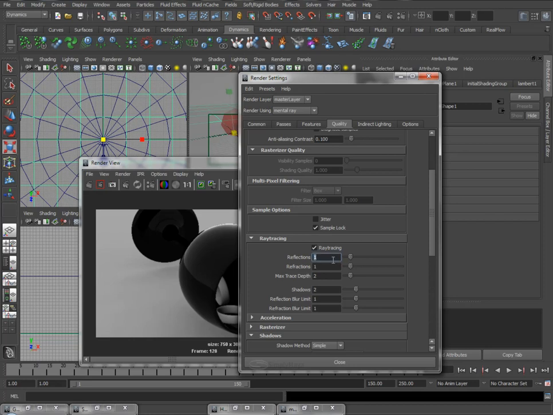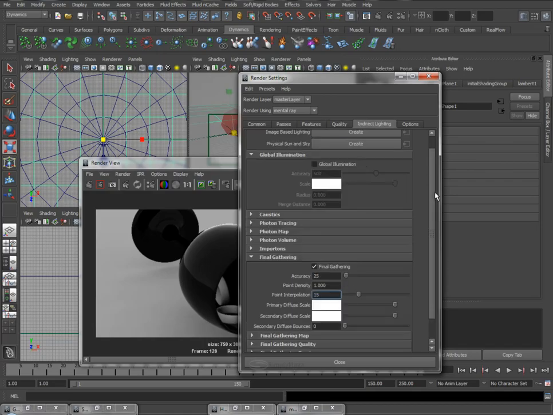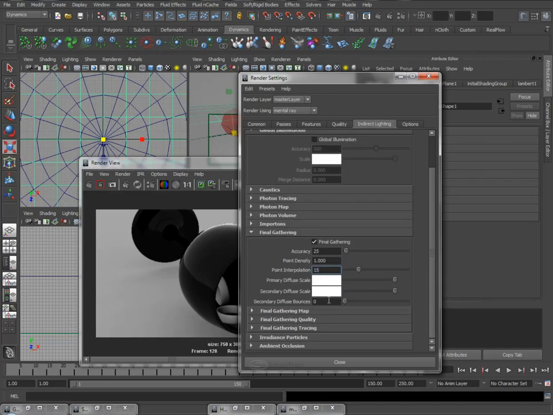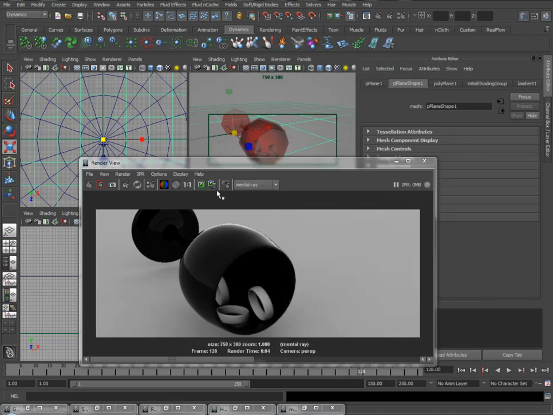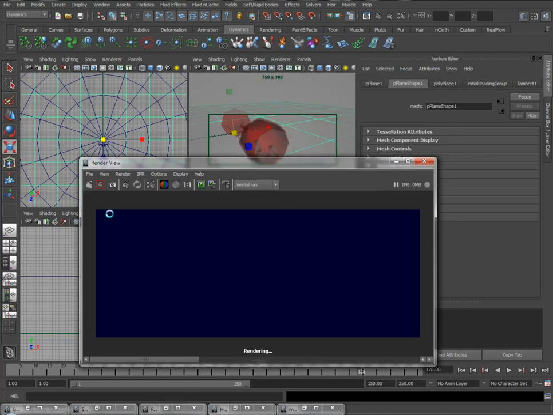So I'll set this to 5, and I'll also set the max trace depth to the sum of those two, so 10. Under indirect lighting, we're going to do this for our final gather bounces. So I'm going to turn on one final gather bounce to put more light in the scene. I'm also going to go down to tracing, and I'm also going to set this to 5, and 10. Now, if we keep this for comparison and re-render,